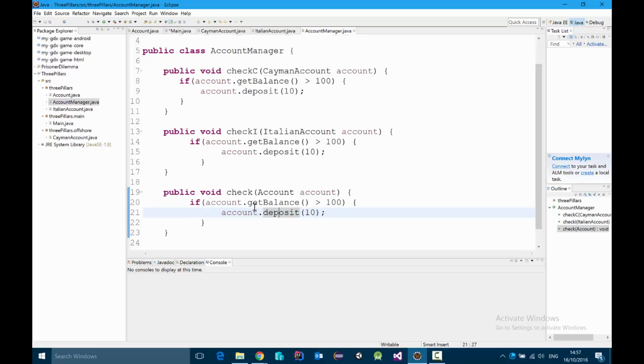And thanks to method overriding, when an object of a specific kind of account gets used inside this method, and the methods getBalance and deposit are called, the right method will be called. By the right method I mean the method that is defined precisely in that object. So the override of the deposit method in the Cayman account will be called if I pass the Cayman account to this method, and instead the override in the South American account will be called if I pass to this method a South American account. So you see,